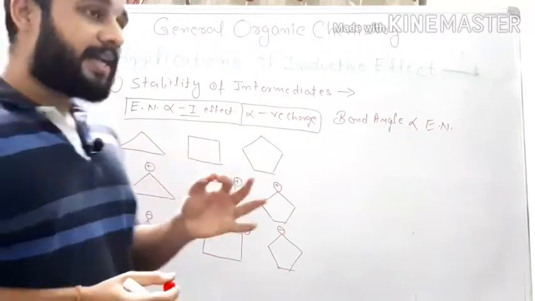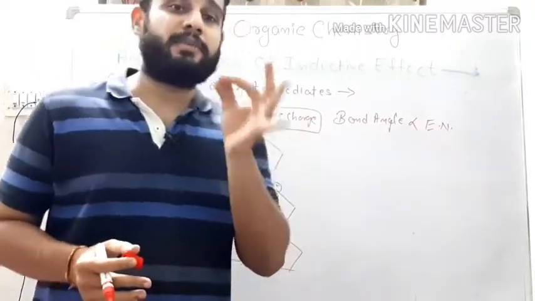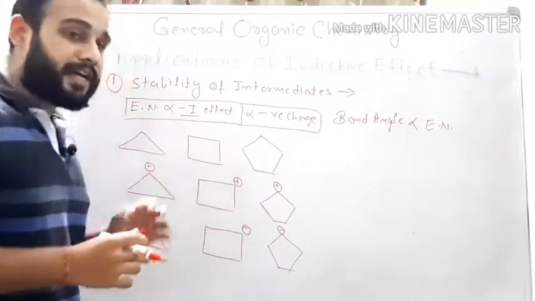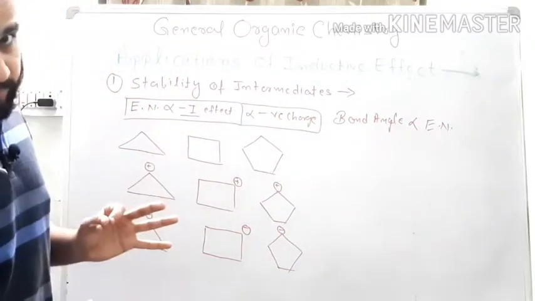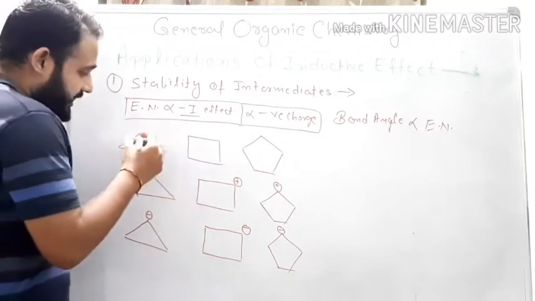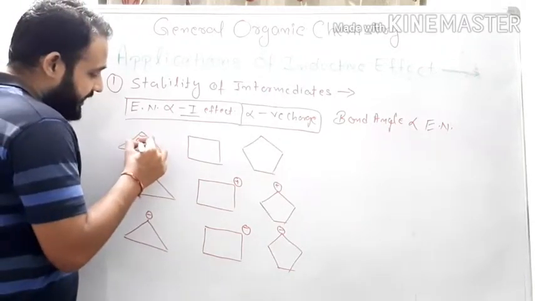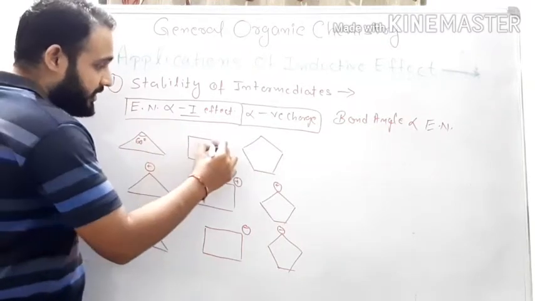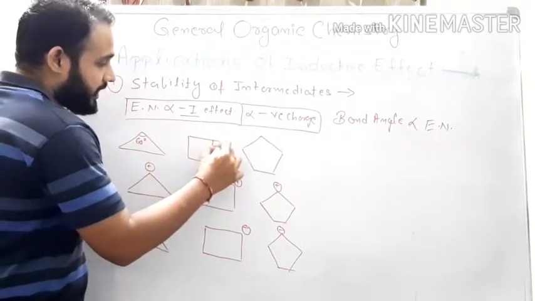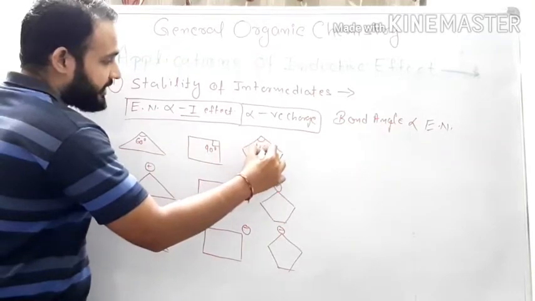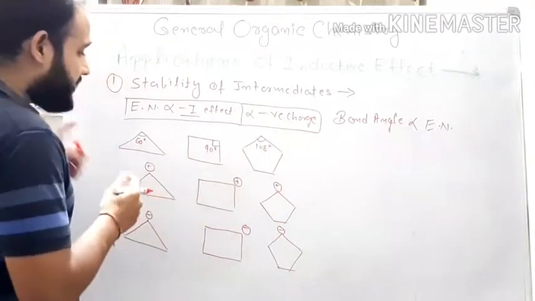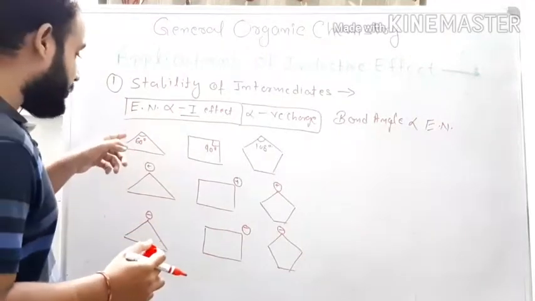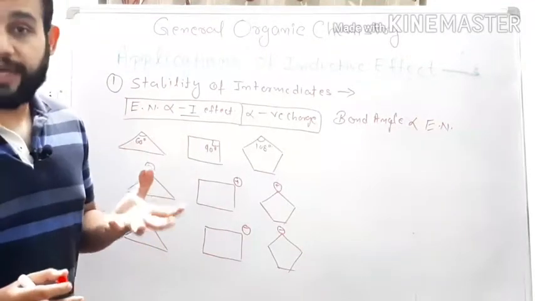So in these cyclic compounds, angle strain is present. The ideal tetrahedral angle of a carbon atom is 109.5 degrees. Here you can see that all carbon atoms are in sp3 hybridization state. And you see the bond angle is decreased from 109.5 degrees to 60 degrees here, 90 degrees here, and 108 degrees here. So in these compounds a high degree of angle strain is present, especially in cyclopropane and cyclobutane.